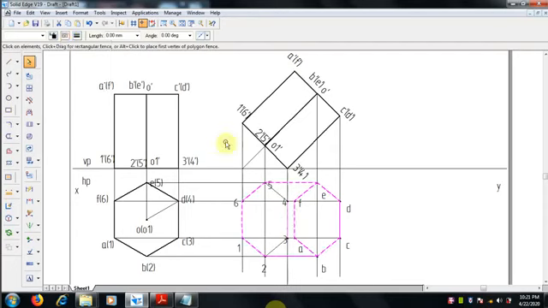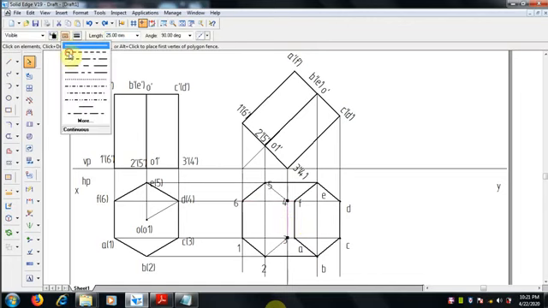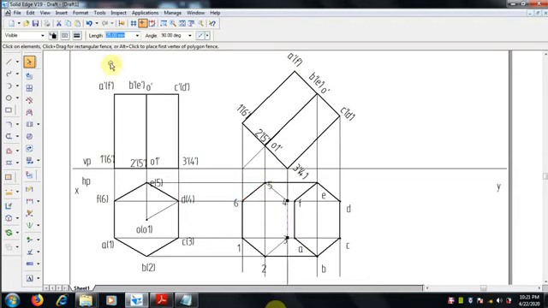Select 3, 4, go for hidden line, 0.5 mm thickness it should be, and the remaining 4, 5 and 2, 3 are also hidden because they are below the axis line and invisible from the top, so right.